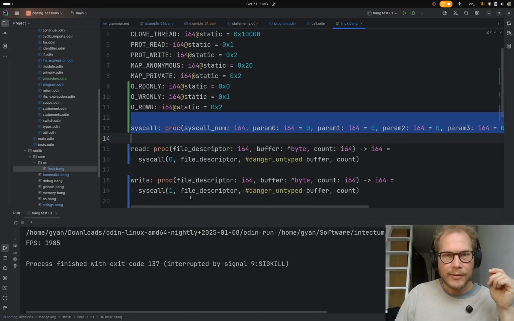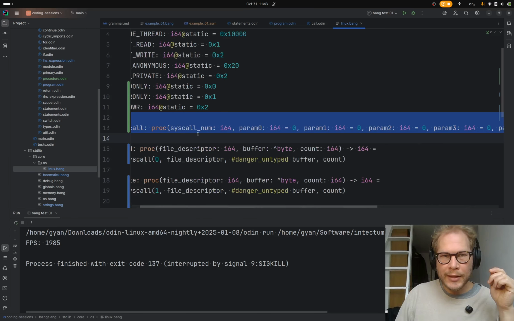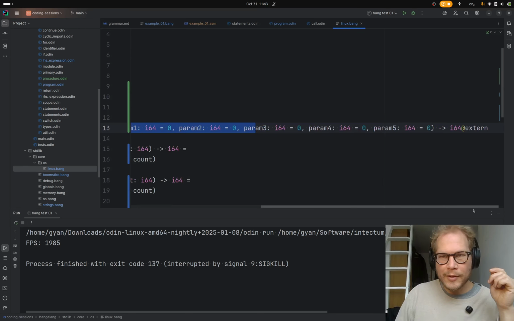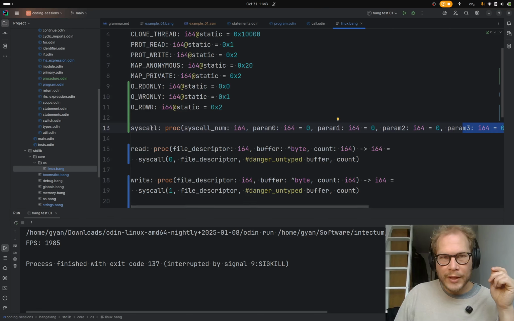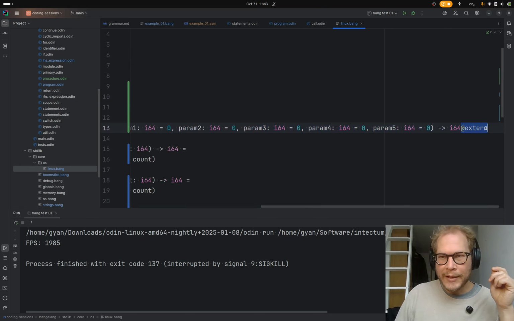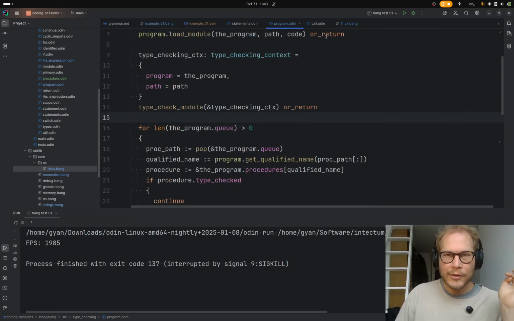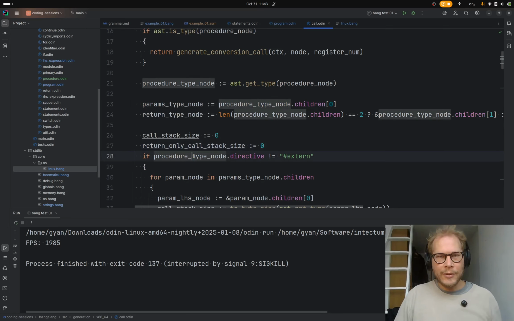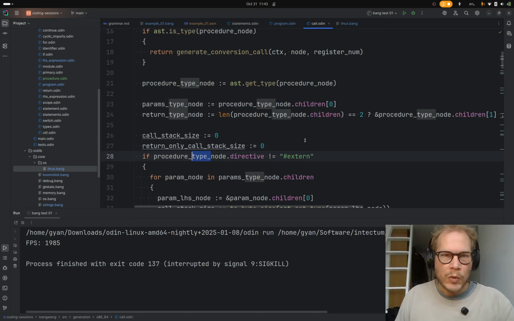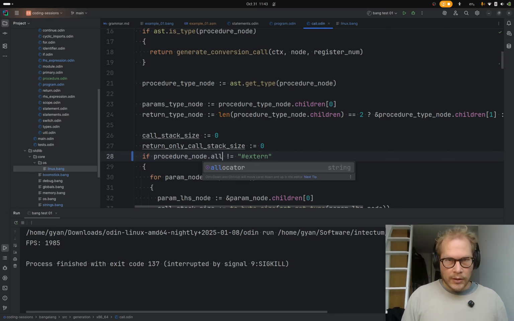If we go back here, this is like applying this type information up to here to the identifier, and then it's also applying this allocator to the identifier. So now when we're here, it's not on the type node, it's here,